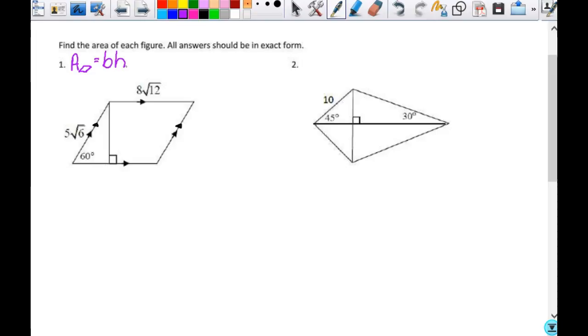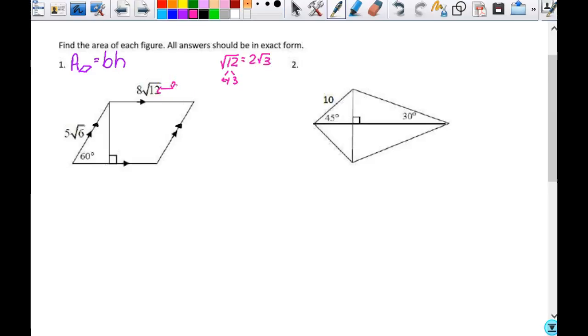So what does the square root of 12 simplify to? Well, it can't just be 3. It's 2 square root of 3, right? Because this becomes 4 and 3. So it becomes 2 square root of 3, right? So we really have 8